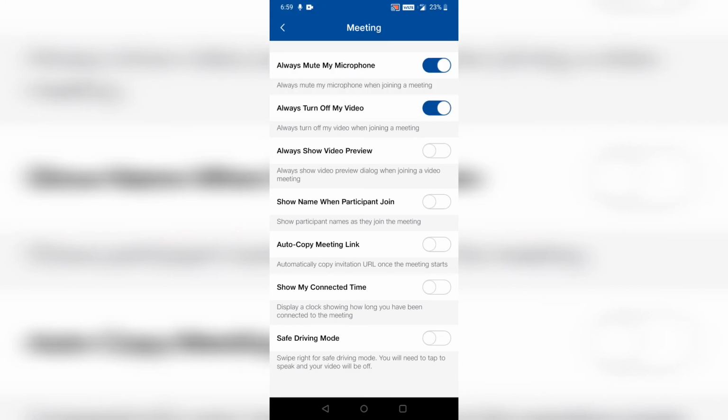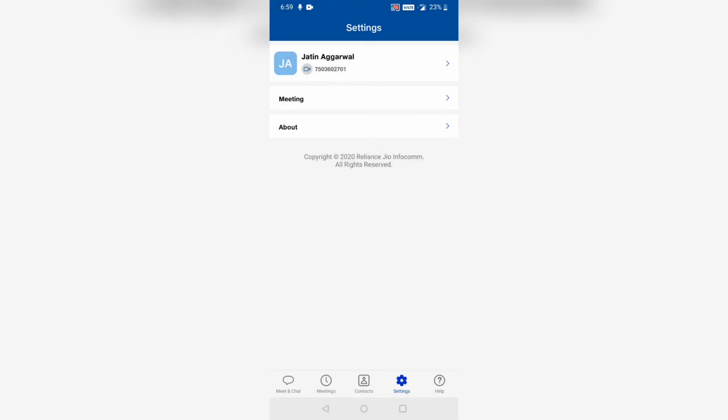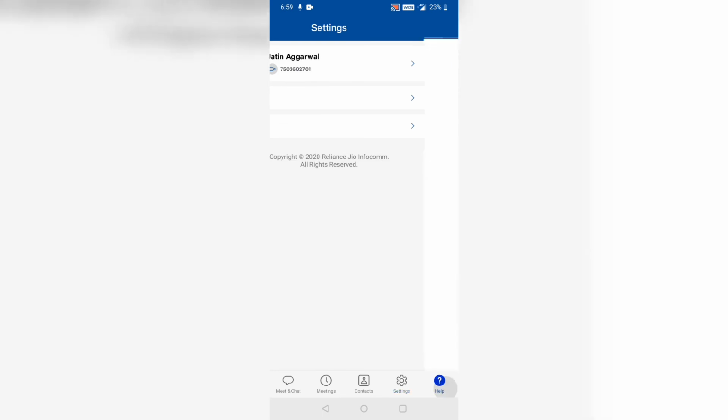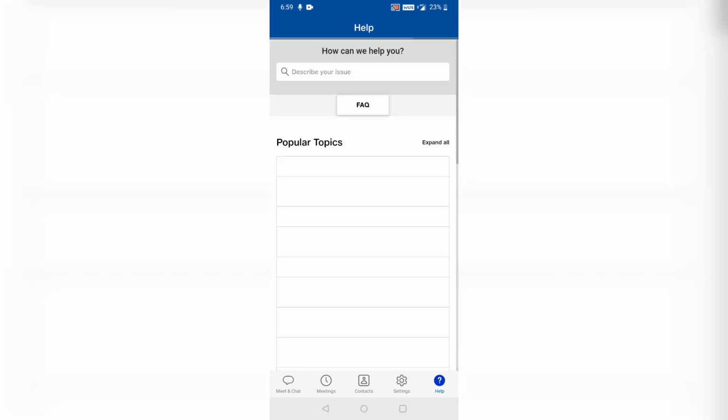To auto copy the meeting link, I need to click on this. So this is the option here in the settings. And after that, help, here you will get all the FAQs, frequently asked questions, about the GeoMeet app.